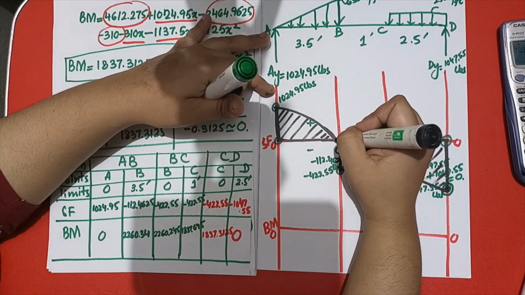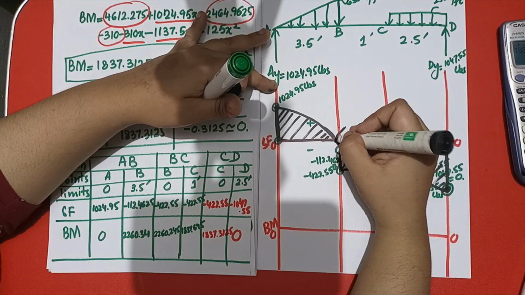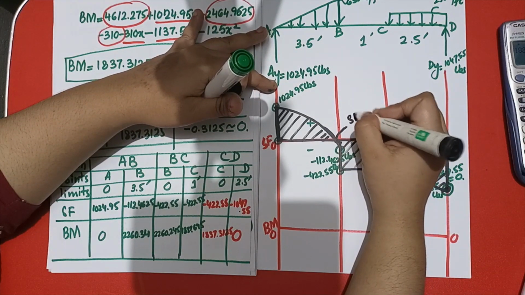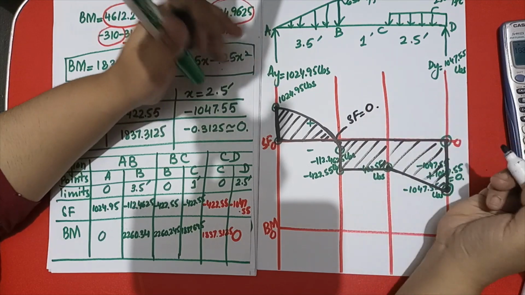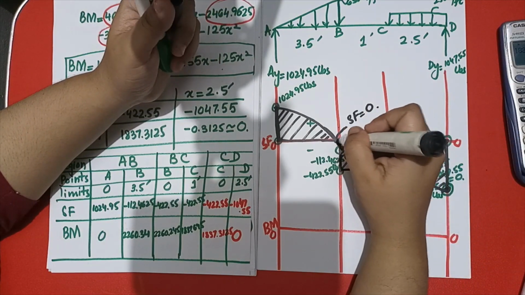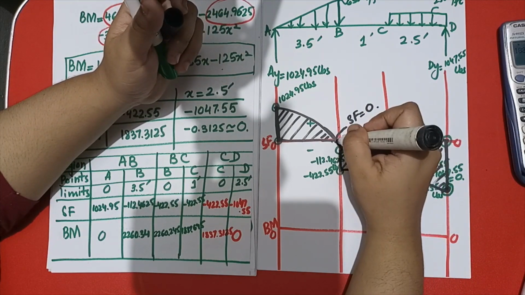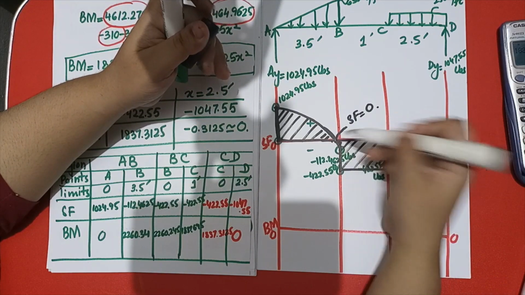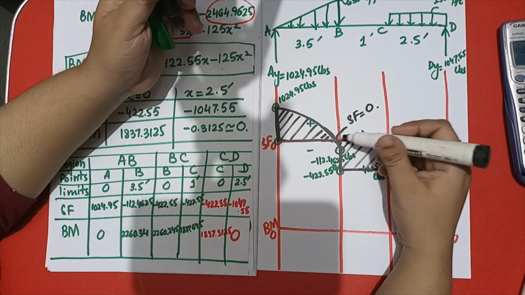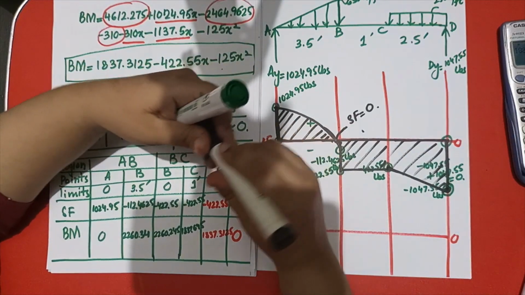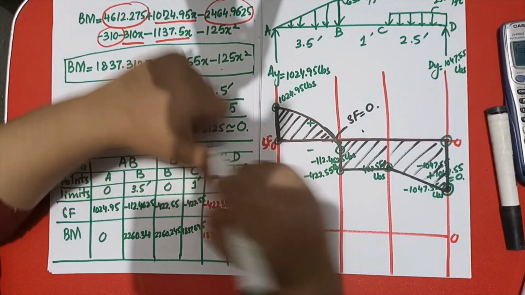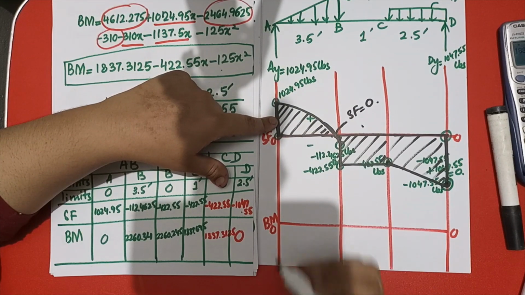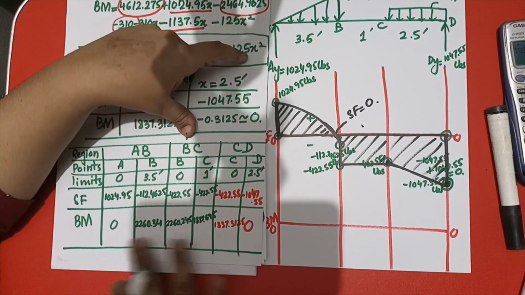So this point is what? This is the point where shear force is 0. It is not exactly at the center, it is before that. So at this point, we can find out the value of the maximum bending moment. So now we are going to plot the bending moment values,